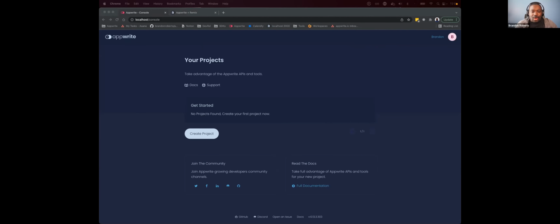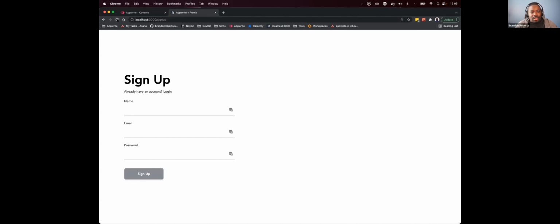I've run this command already for time's sake, and have this running here on my local machine. And I'll have the console running here. This is the Appwrite console, the web dashboard for Appwrite itself, where you can start projects or create those things. And I also have an app up and running here that has a login page, a sign up page, and lists a set of to-dos.